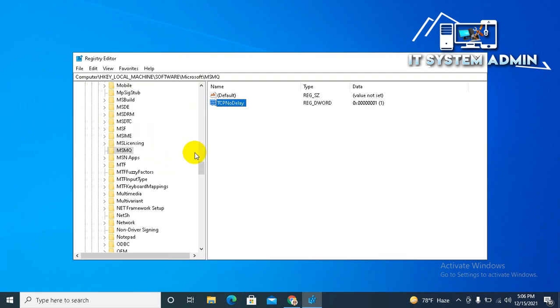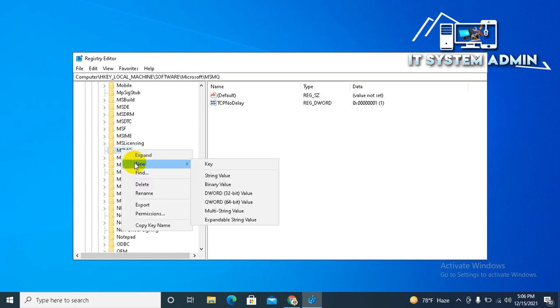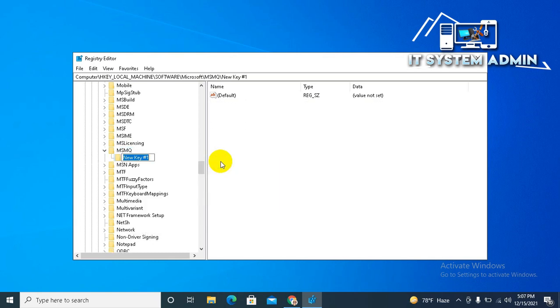and click OK. Now right click on MSMQ, then click on New, and then click on Key. Okay, change the name to Parameters.